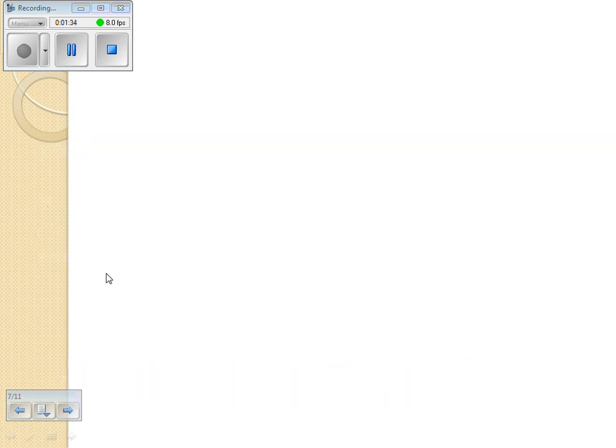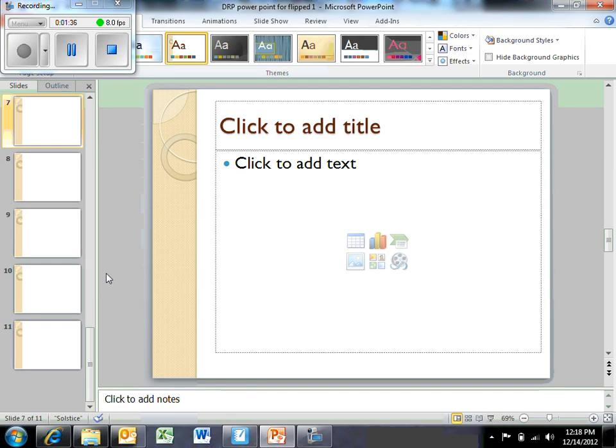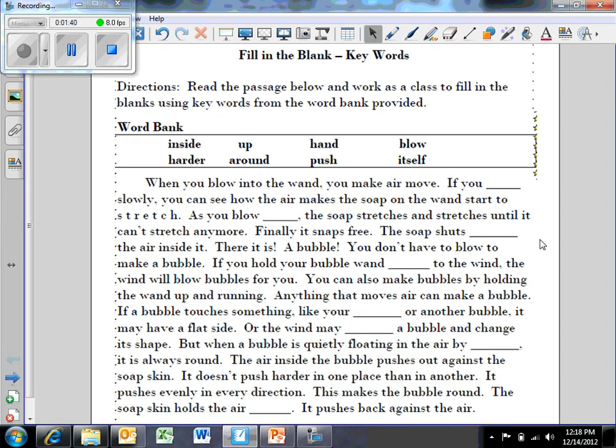One other way that we can do keywords is to fill in the blanks. So I'm going to look at this passage right here, and I have a bunch of words that I'm going to fill in the blanks. So the words that are in the word bank are not really telling me what the passage is about. So I really need to skim the passage to see what the passage is about and look for those key